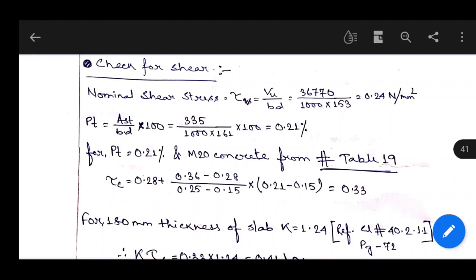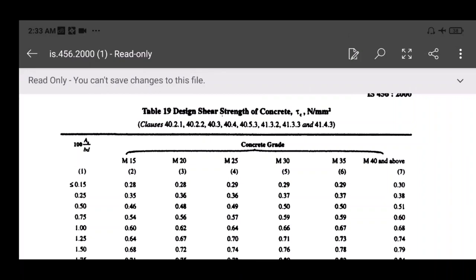Now for percentage of steel 0.21% and M20 grade concrete, we have to find out the value of tau C from table number 19 of IS 456 2000. So let's check the table number 19. So table number 19, design shear strength of concrete, tau C in unit is Newton per mm square. So now in left column 100 AST by BD, percentage of steel,